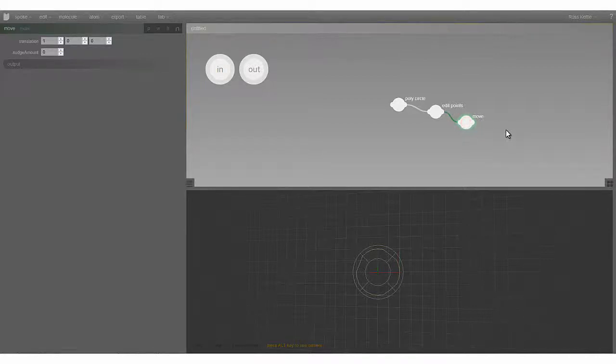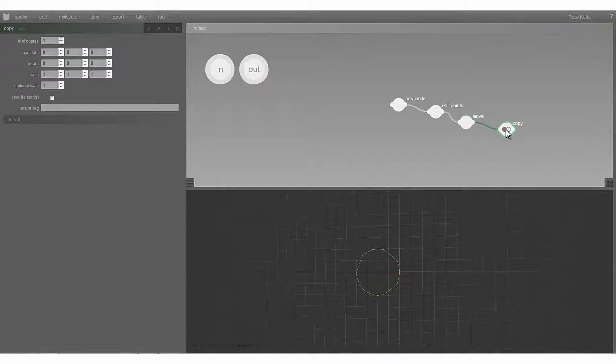Now I'm ready to rotate the circle, so I'm going to create a copy node atom, and this is a very, very useful atom, this one. You can do rather a lot with it. So I'm going to set a number of the parameters on this copy atom up here. I want to make 32 copies,